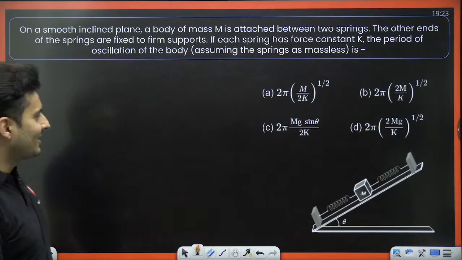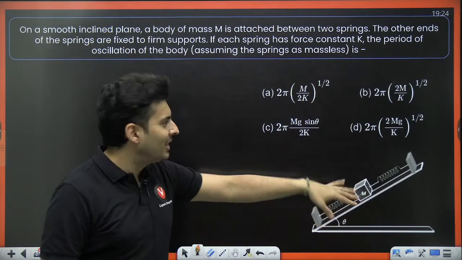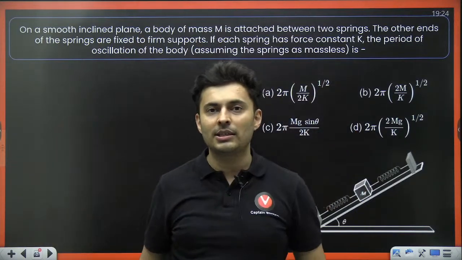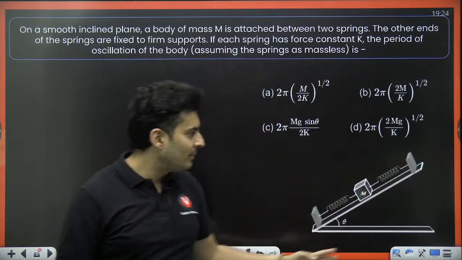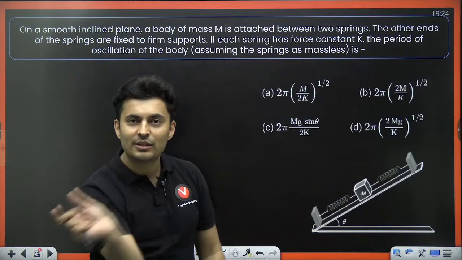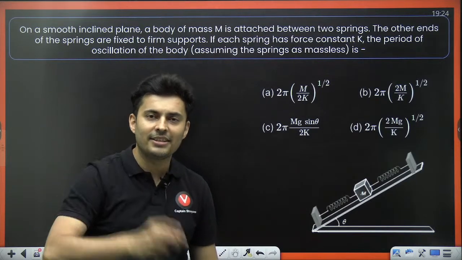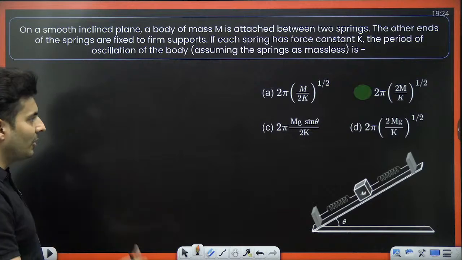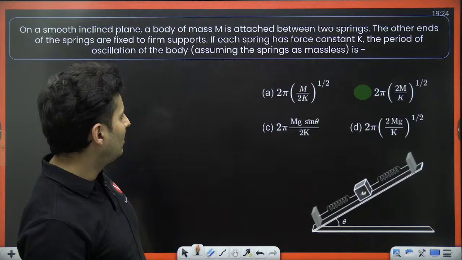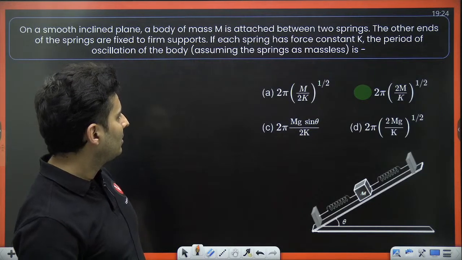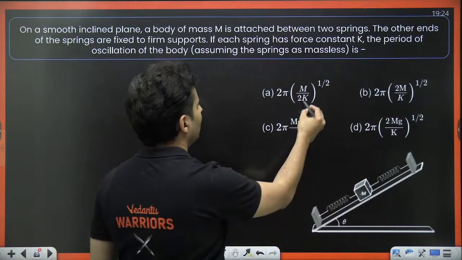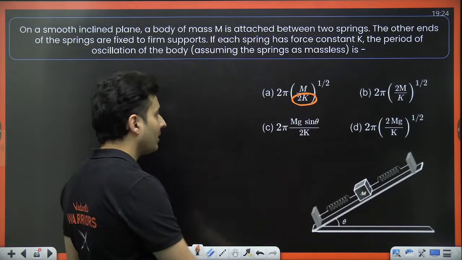Okay, what about this? This is also the same problem. There is no difference whether it is like this, like this, or like this. Sir is looking like he is doing Kathakali. No guys, I'm not doing Kathakali. So whether it is oscillating like this, like this, or like this, it's one and the same thing. You are going to get the same answer. Time period is 2 pi under root m by what is this? Why is this option marked? No, this was not the correct option. This should be the correct option. 2k. Okay, 2k should be there over here.